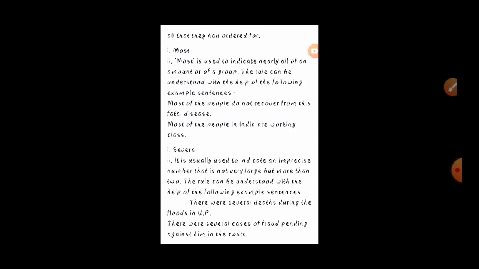So students, with this our first chapter of grammar is completed. Just watch the video very carefully, ask for any doubt and note down the examples. If you note down the notes, it is a very important chapter. It will be helpful for you even after 12th for competitive exams. So please do it seriously.